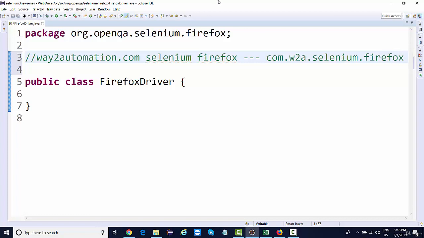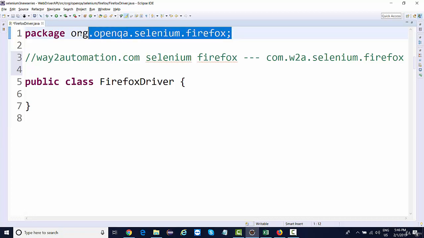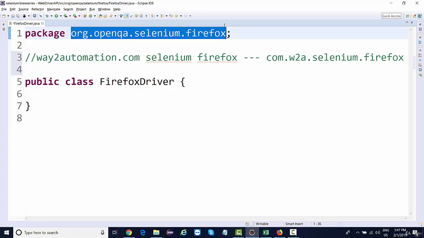Similarly, openqa.org is a community, a website which is taking care of the Selenium project and a module Firefox. So this is how they have designed a package naming convention, and this is how it works in industry as well. Now, if you look at these, these are different folders basically. This class is inside the 1, 2, 3, 4, fourth folder.